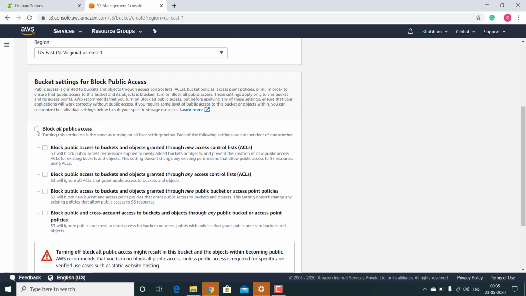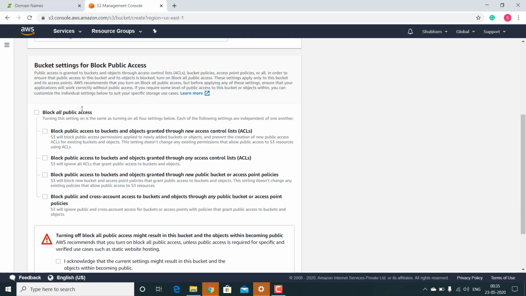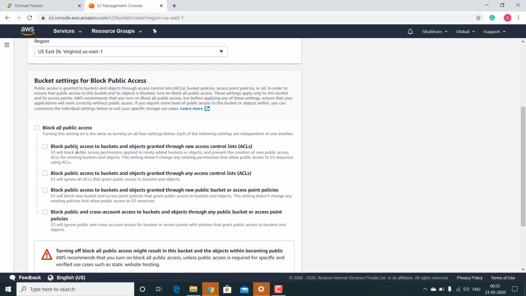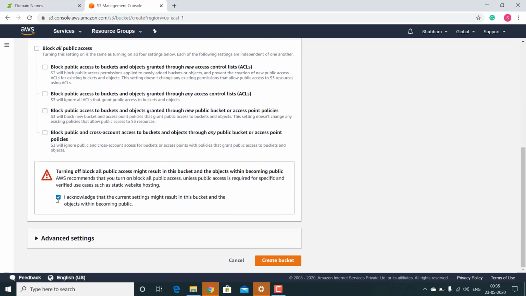You can apply a read policy afterwards, so no one can update or write something on your data. So this is a must, you have to make it public. After that check this acknowledge button and click create bucket.